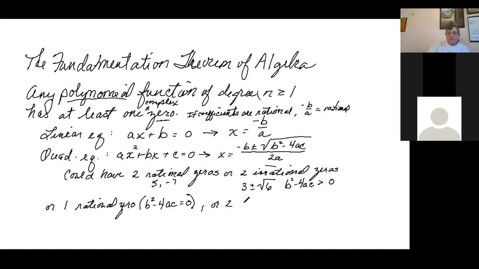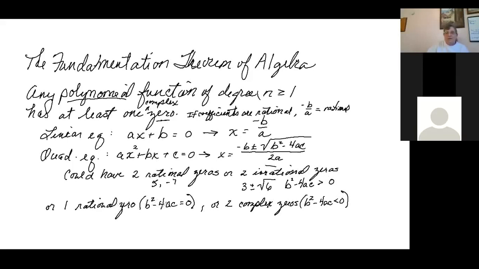Or you could have two complex zeros, if the thing in the radical, the b squared minus 4ac, is negative. So as long as you say at least one complex zero,